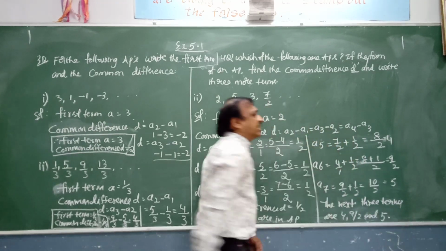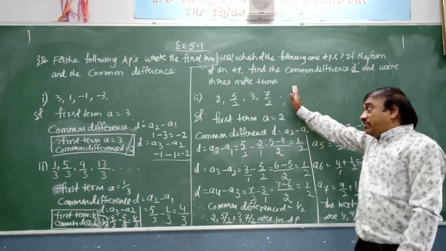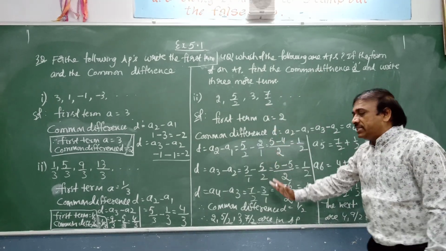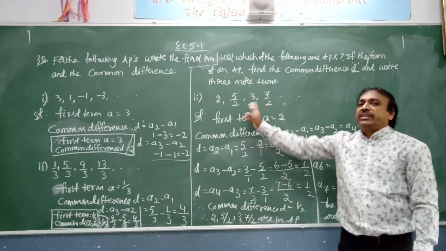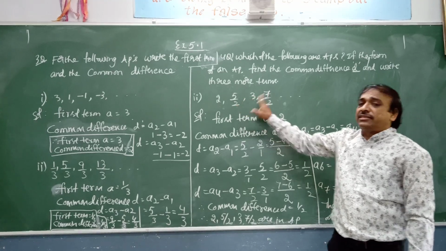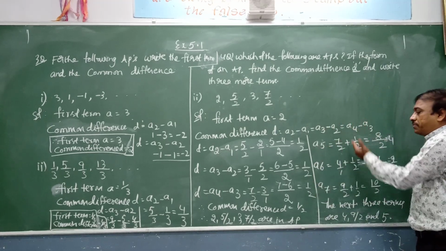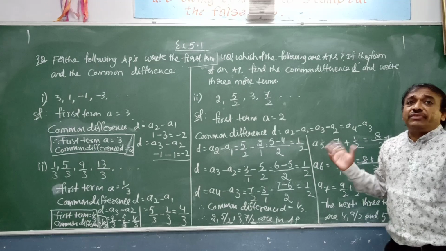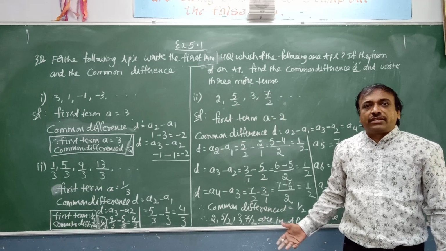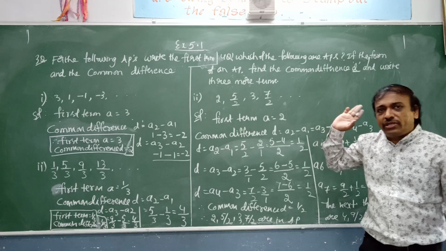He is asking next 3 terms only. So we are finding the next 3 terms. I hope you understood. First we are verifying whether this is an AP or not. How to identify? The common difference must be same for the given terms: a2 minus a1, a3 minus a2, a4 minus a3. If it is an AP, the common difference is same, so we obtain the next 3 more terms. If the difference is not same, then it is not an AP, and there is no need to find the terms. He is asking if it forms an AP, then only we need to find. I hope you understood.